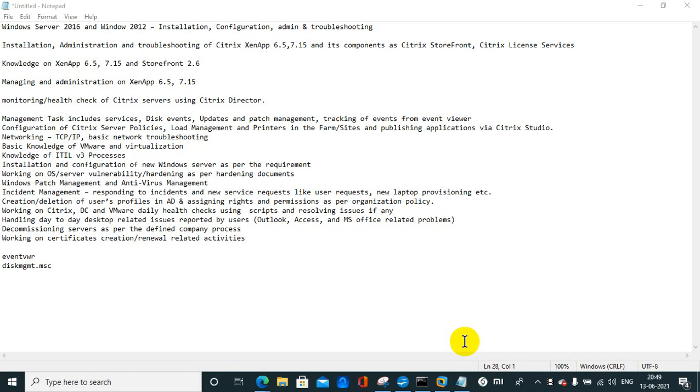In case you are using master catalog MCS services, you need to update the patches on the golden image or the master image and then push it to the Citrix servers or Citrix VDA. And in case you are not using these, you are using the manual method. In that case, you need to install the updates manually, one on each server. Okay,